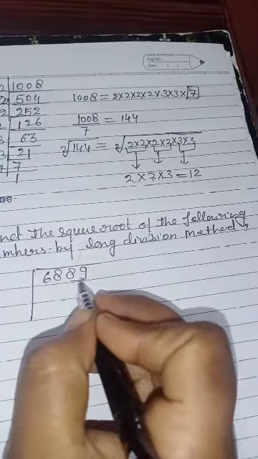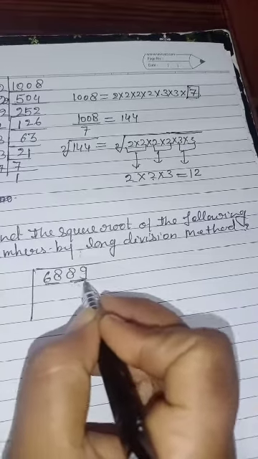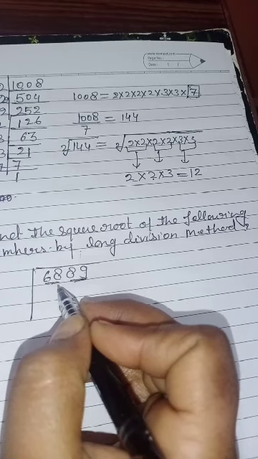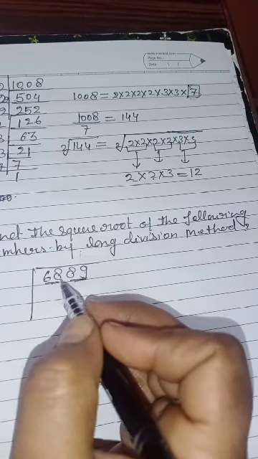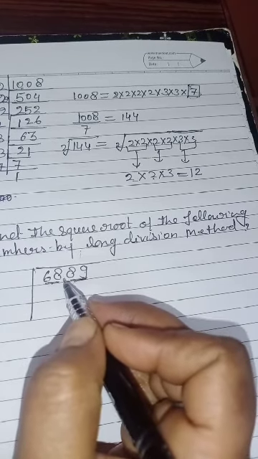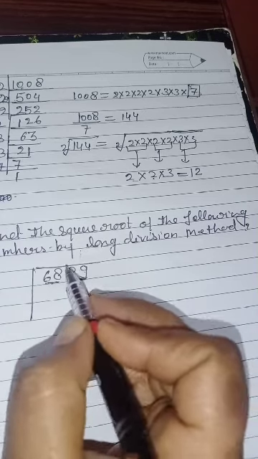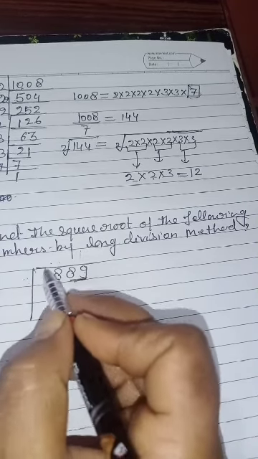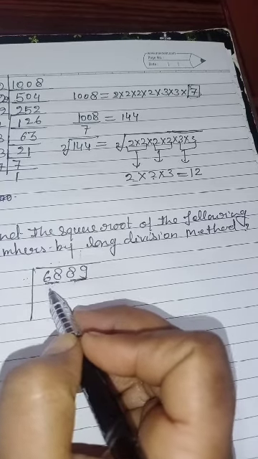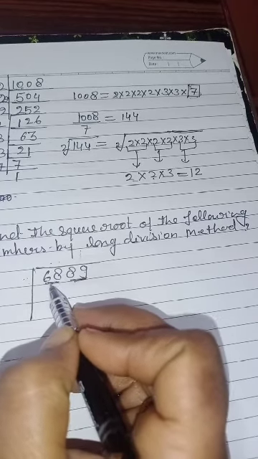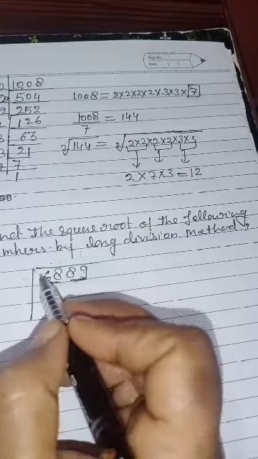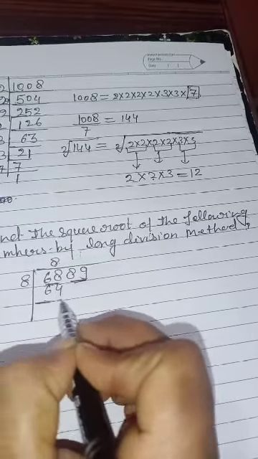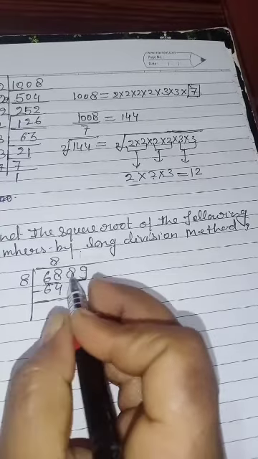First start making pairs from the right side. From here you will make pairs. So here 68 is there, beta. See that you will not take numbers like 2 3s. If you are taking the number 2, then only 2 2s you will see. 2 2s are 4, 3 3s are 9, 4 4s are 16, like that. So here we will see which square number will come near to 68. 8 8s are 64. So 68 minus 64 will be 4.